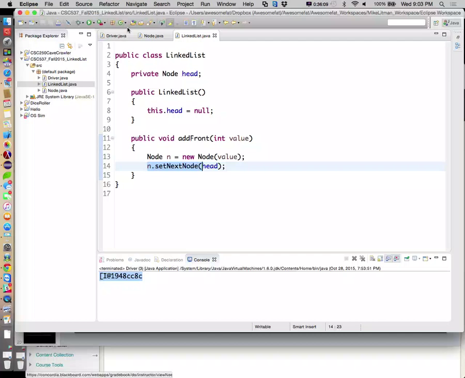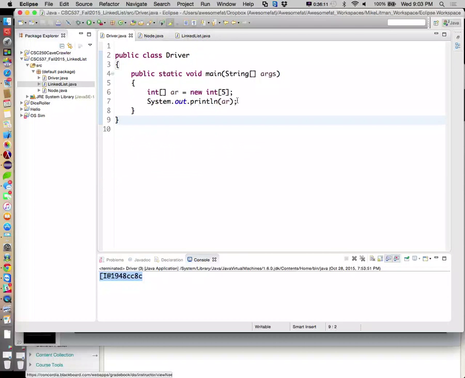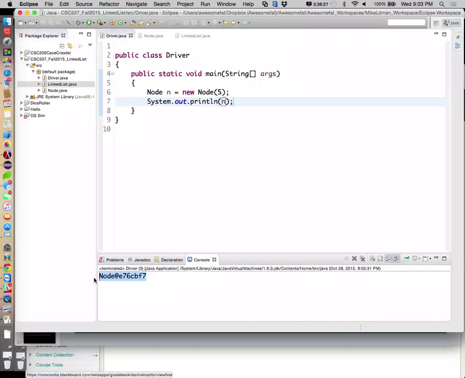Let's prove this real quick. I'll come out here to our driver. We're going to say node n is equal to new node, and we'll make this guy a 5, and then we'll say system.out.println n, and we see a nice little memory address. He's a memory address. All right?